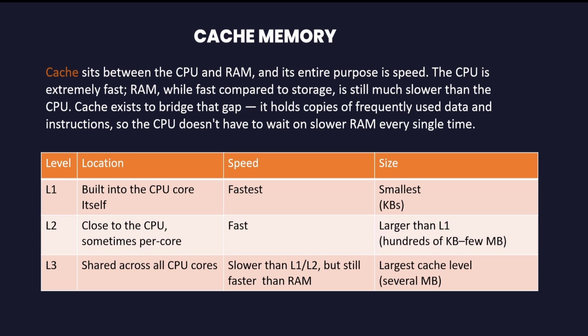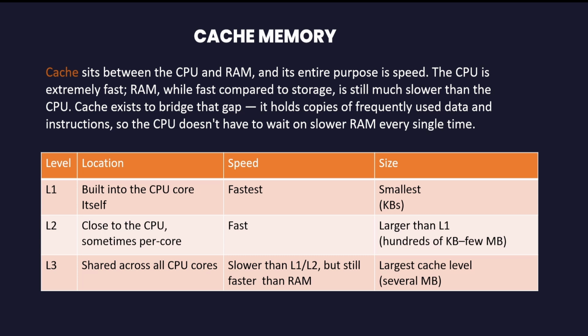We have seen RAM, ROM, but we have not seen cache. So what is a cache memory? Cache sits between the CPU and RAM, and its entire purpose is speed. The CPU is extremely fast. RAM, while fast compared to storage, is still much slower than the CPU. Cache exists to bridge that gap. It holds copies of frequently used data and instructions so that the CPU does not have to wait on slower RAM